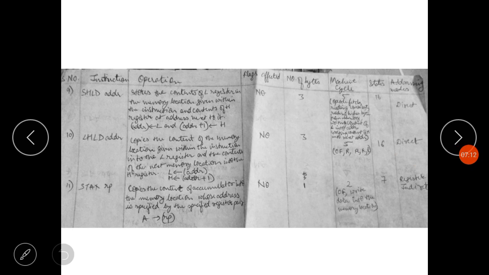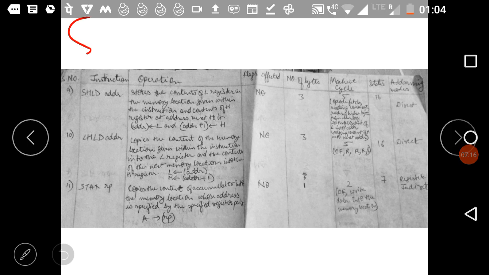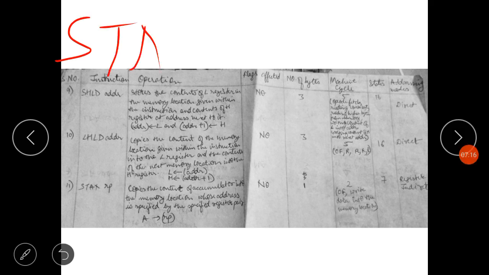So the next instruction is STAX RP. Here RP represents a register pair. You can write any register pair, whether it be BC, DE, or HL. Any register pair of the 8085 microprocessor you can write, and while mentioning the register pair, you will always write the